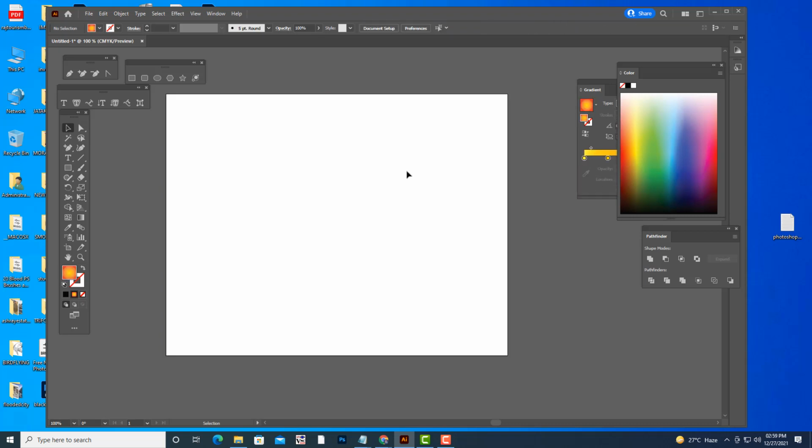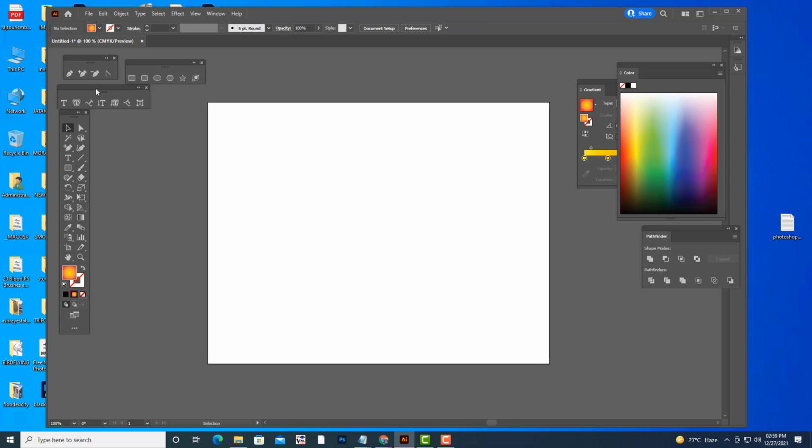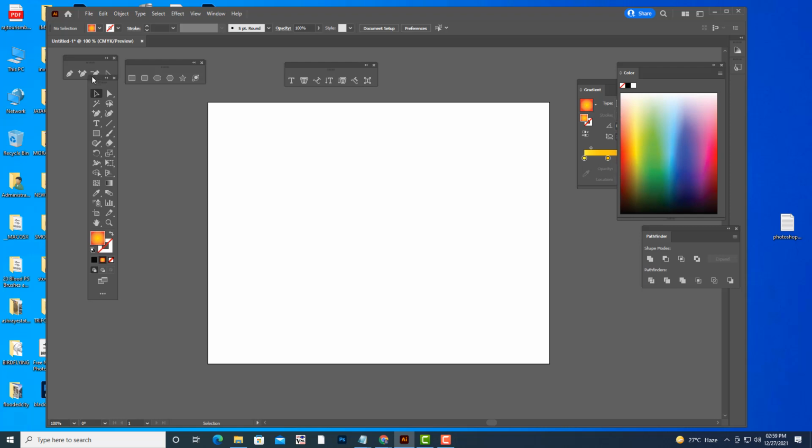Now I will be telling you about the type tool here. This is the type tool. Here we have different type tools.